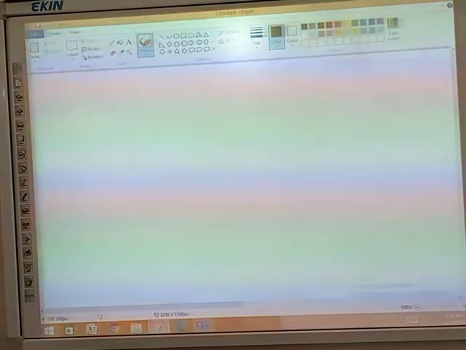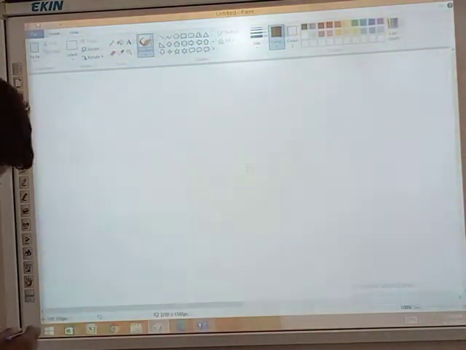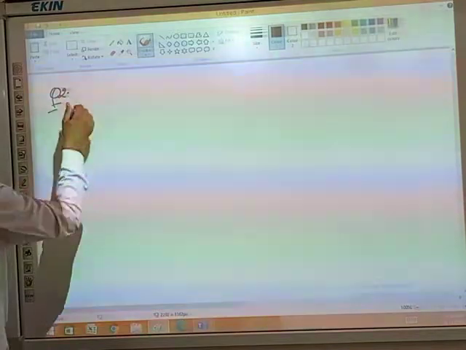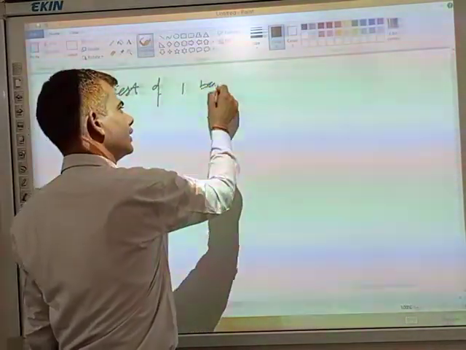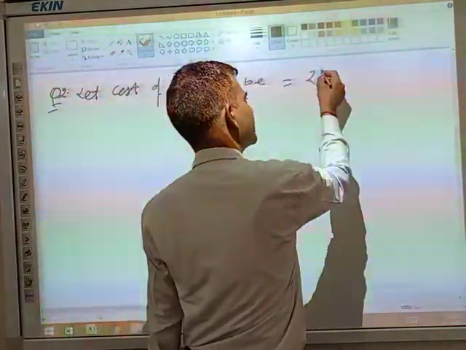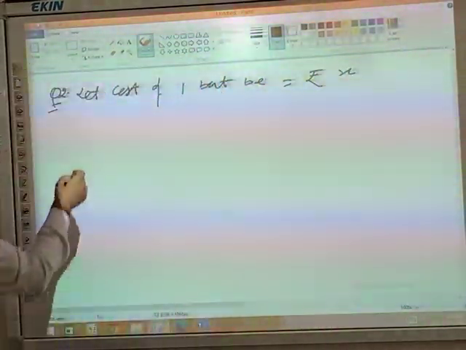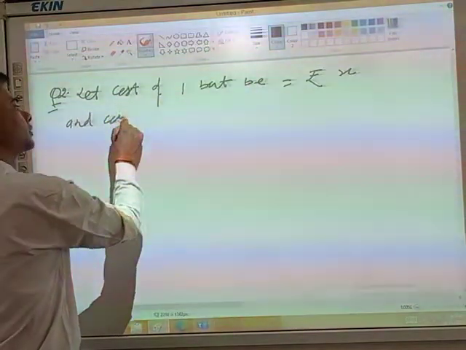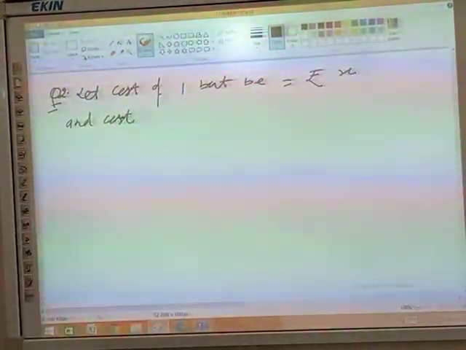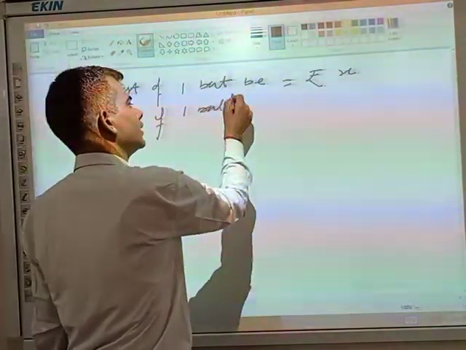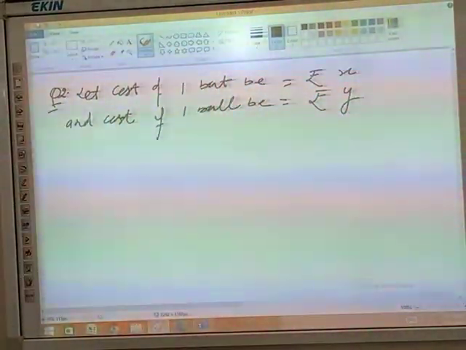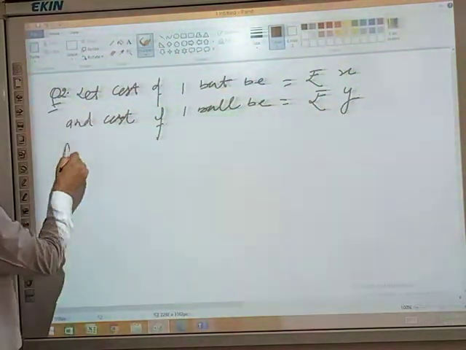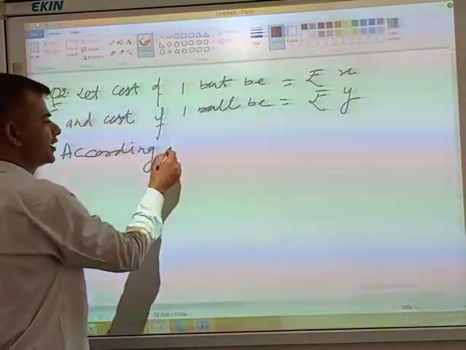Students, question number 2. Let the cost of one bat be rupees x, and the cost of one ball be rupees y. According to the first condition,